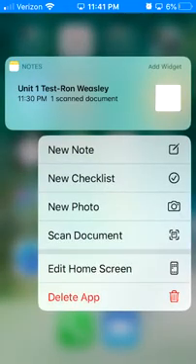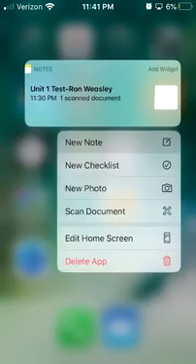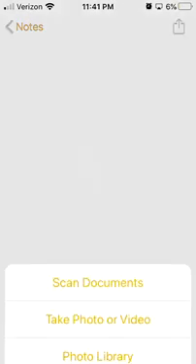And then we're going to make a new note. And from that new note, you're going to hit the camera button and it's going to allow you to scan documents. So we'll hit scan documents and then we're going to position the camera to take pictures